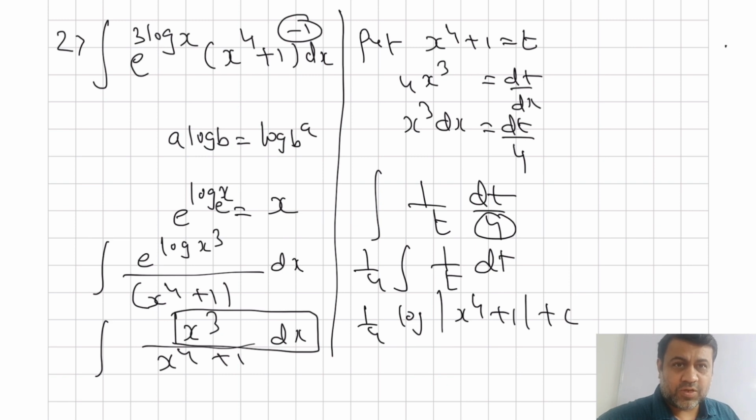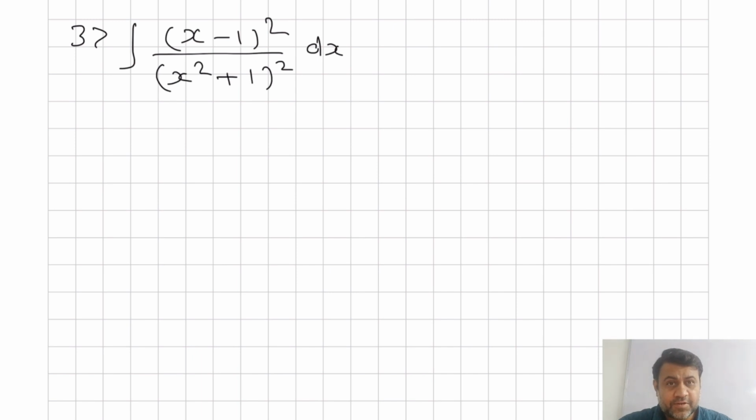So in the beginning, those couple of formulas which we've used for log simplification, that's what you need to recall. Otherwise substitution is easy. The moment you see x power 4 and x cube, x power 4 has to be your t, right? This kind of question is very frequently asked in the exam. With the help of either trigonometry or log, some rules need to be applied, and then we have to do a basic substitution question.